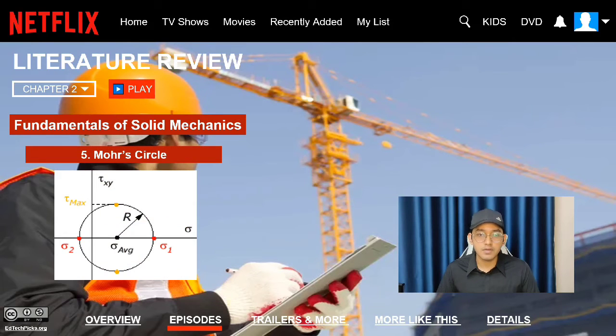Okay, the last fundamental of solid mechanics that we study is Mohr's circle. Mohr's circle is important to us because the normal and shear stress components will always sit on Mohr's circle as the stress element is rotated away from the major or maximal shear orientations. Mohr's circle is the most widely used tool for visualizing the normal and shear stress relationship and estimating maximum stress. As we can see, the picture on the right of me shows the circle.